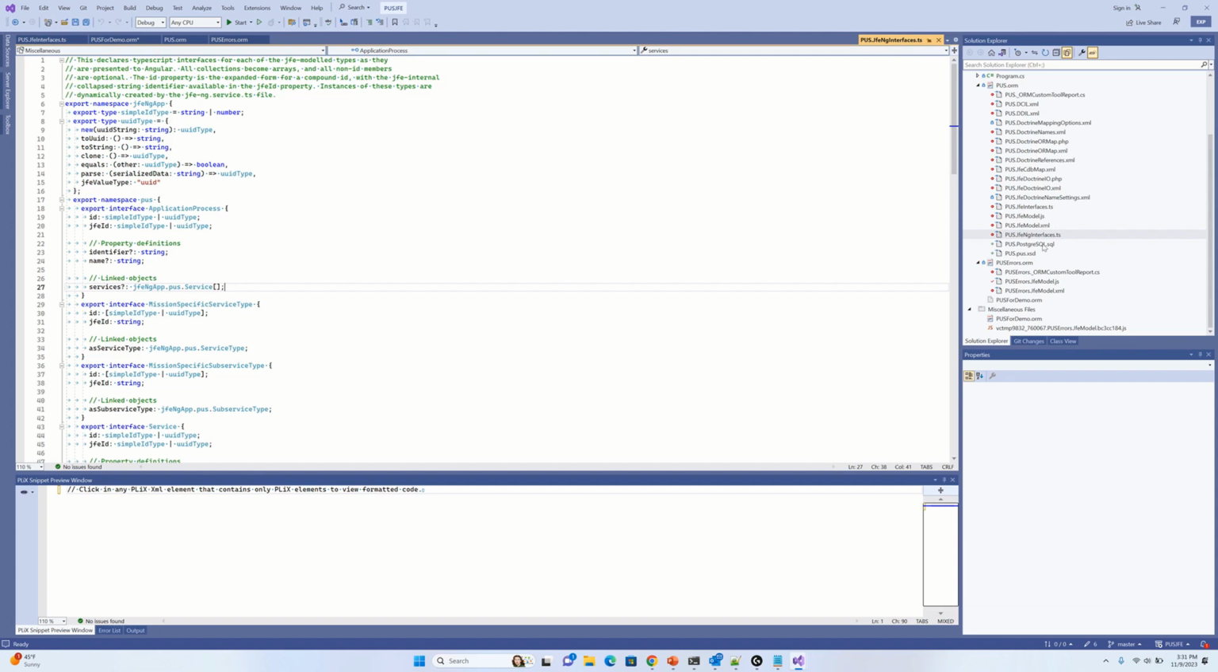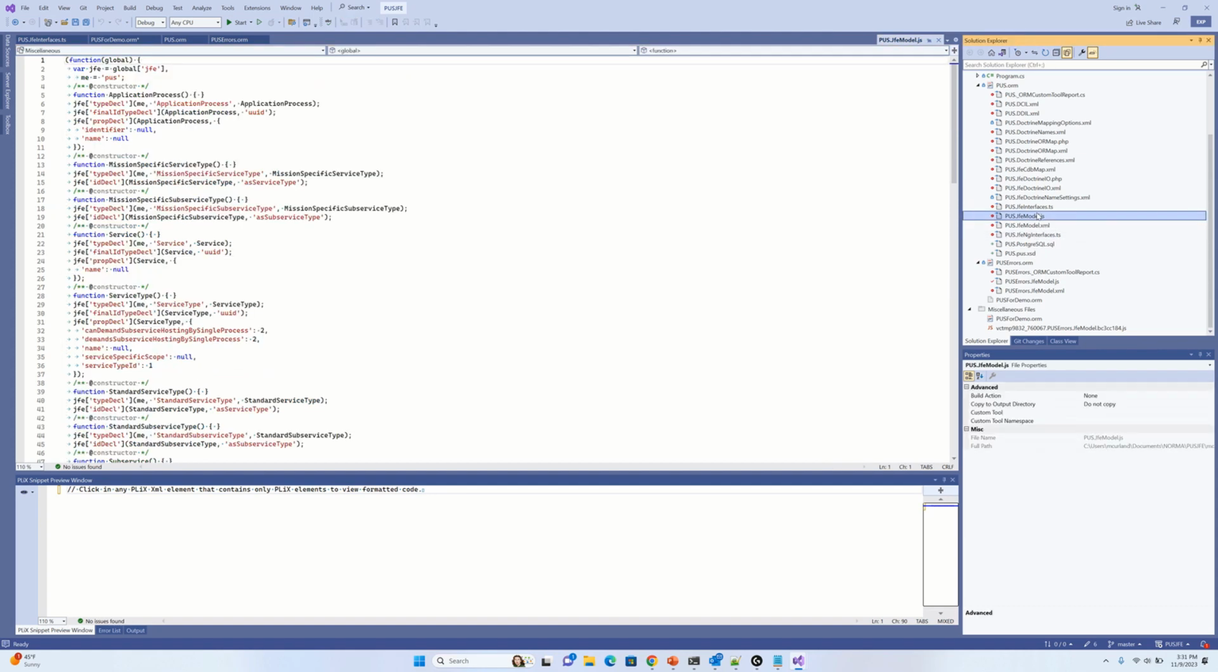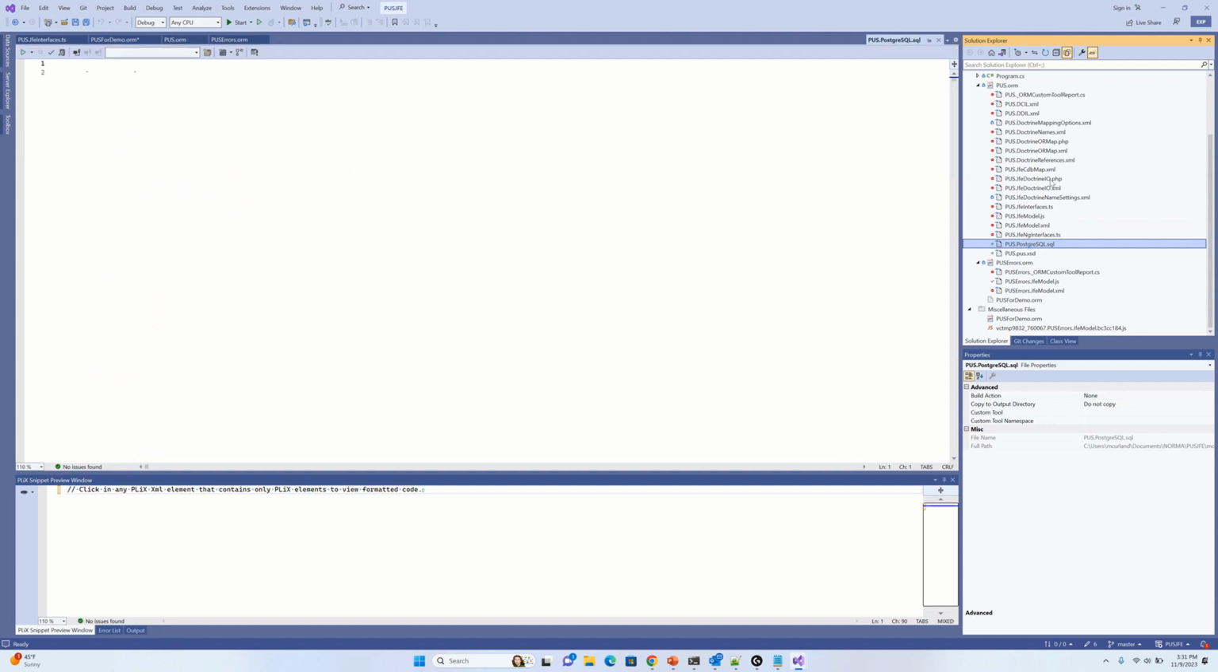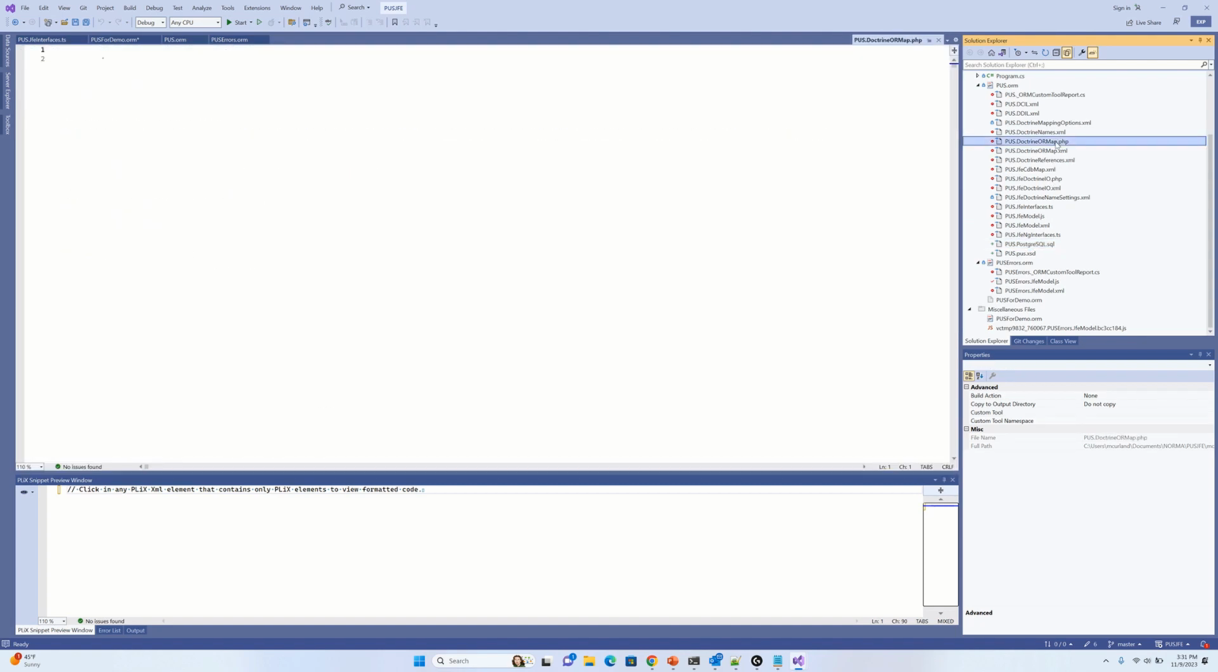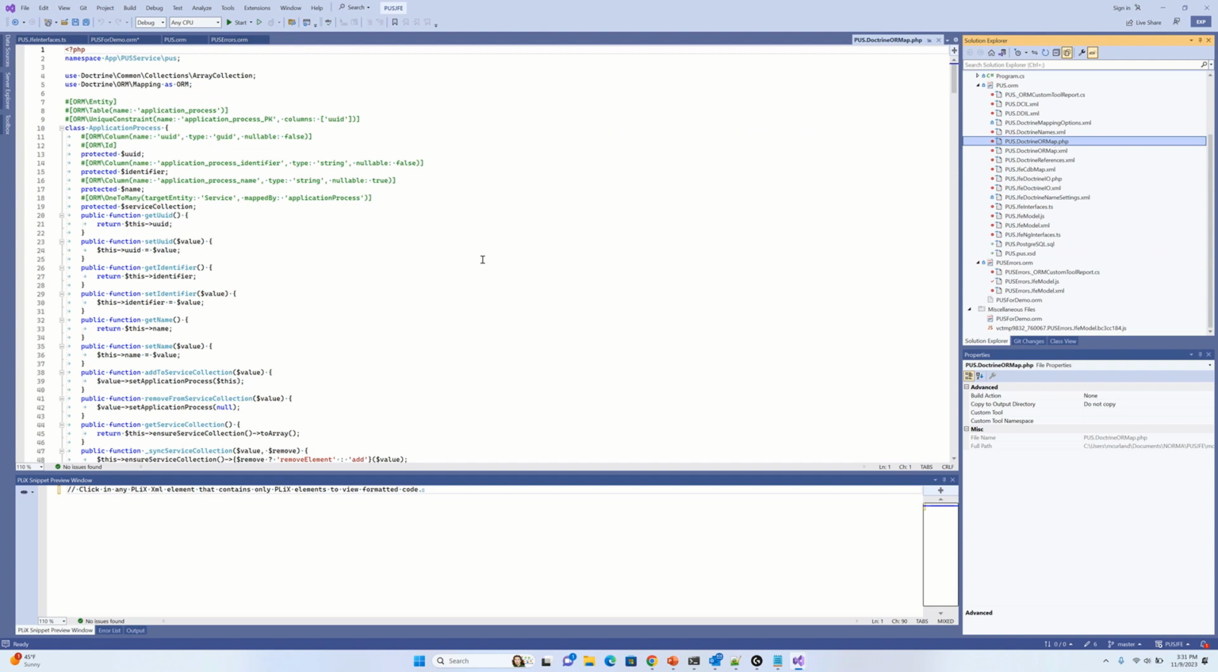Okay, so what else do we have here? We have the JFE model, which is paramount. That's what defines the JFE model and is the input to the runtime engine. We have the database, which is, of course, important on the back end. And then we have two more model files here. So this is a